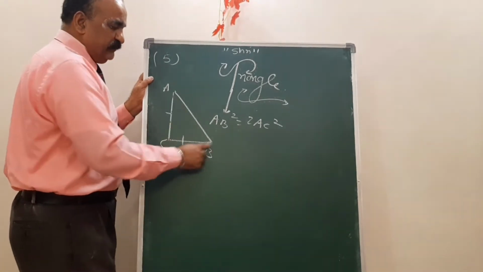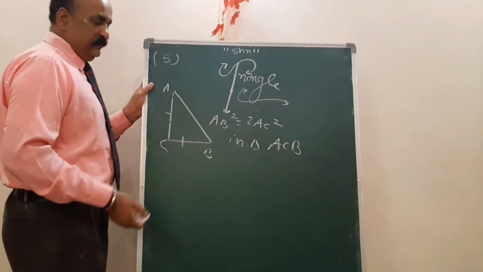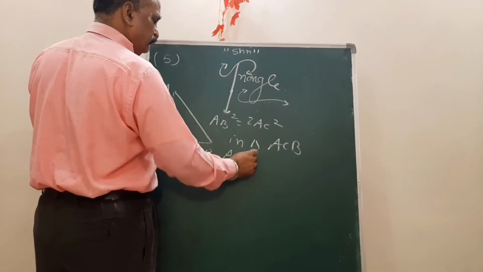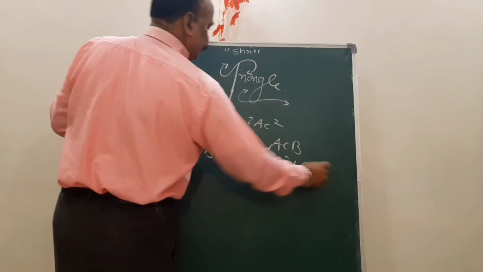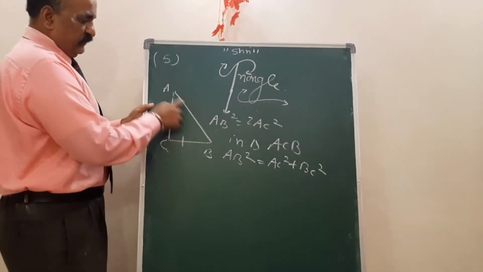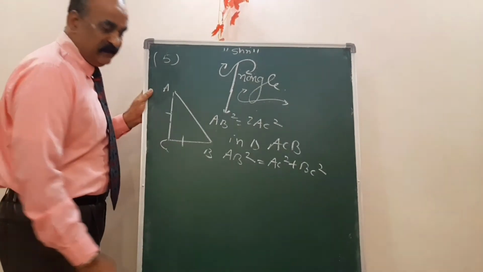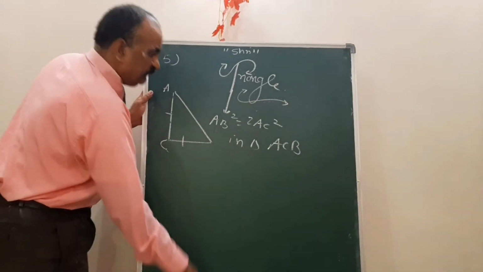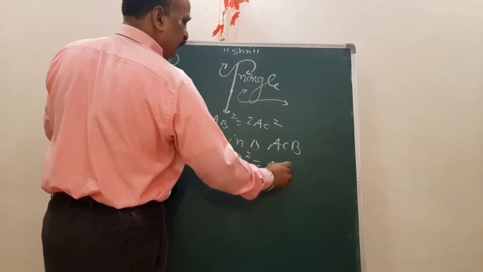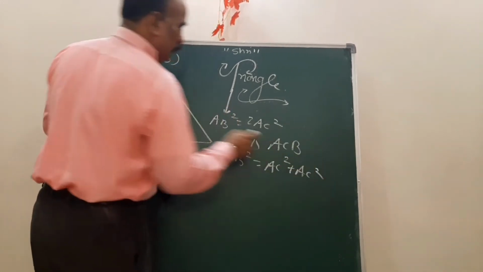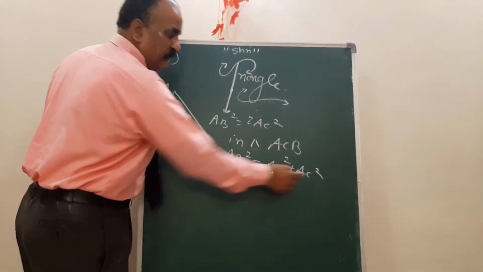Now in triangle ACB, AB square is equal to AC square plus BC square. But you cannot apply this because you have to show that this is a right angle triangle. It means you can just write AB square is equal to AC square plus AC square, because AB square equal to 2AC square given to you and this 2AC square can be written as AC square plus AC square